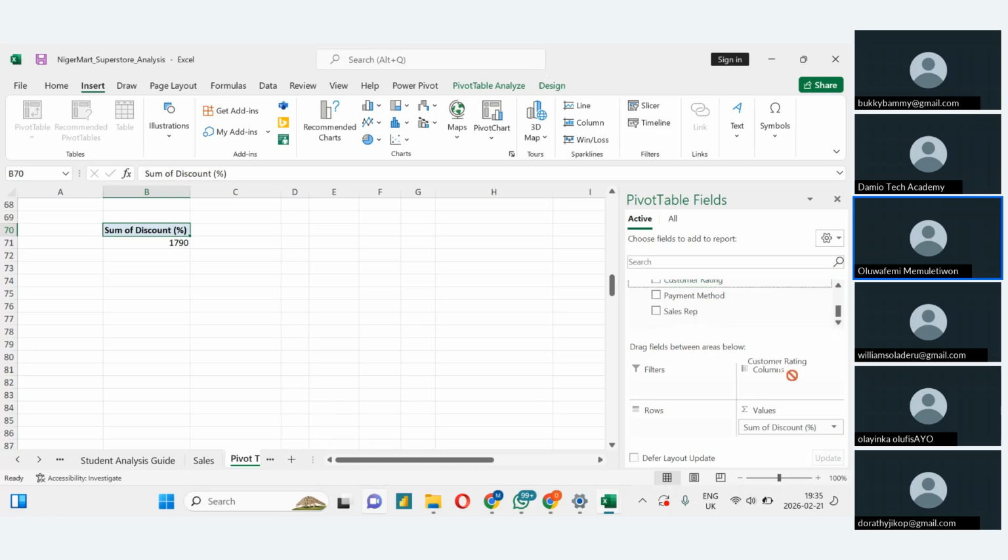Customer rating. I dragged it back here. Can you see whenever it shows that green? So I've dragged rating here. That's why we have the discount and rating. But because we know that we want to use a scattered plot,